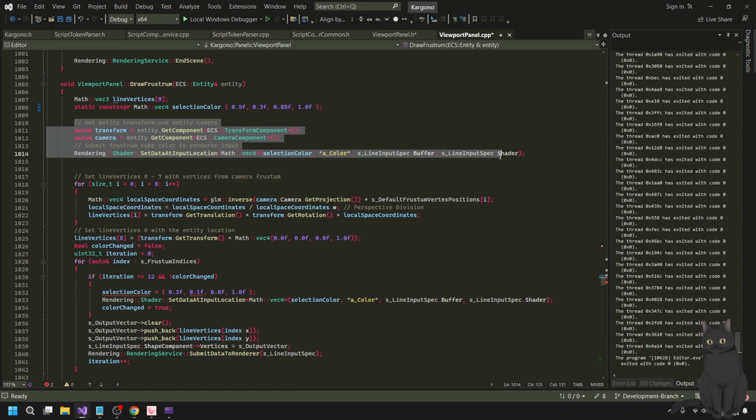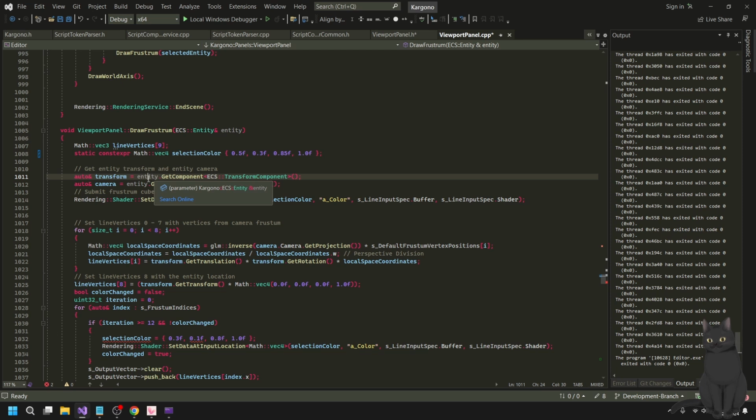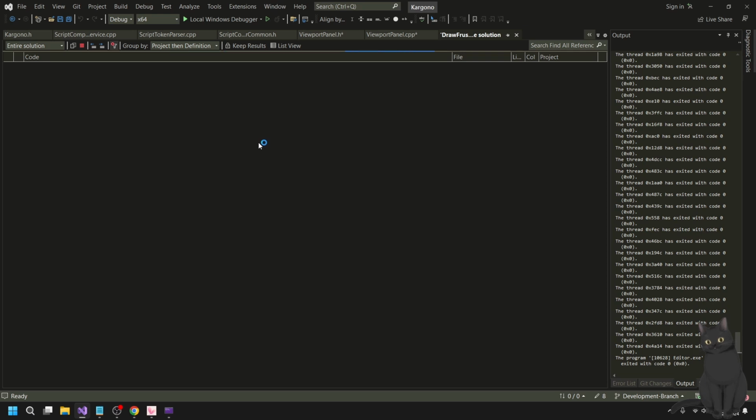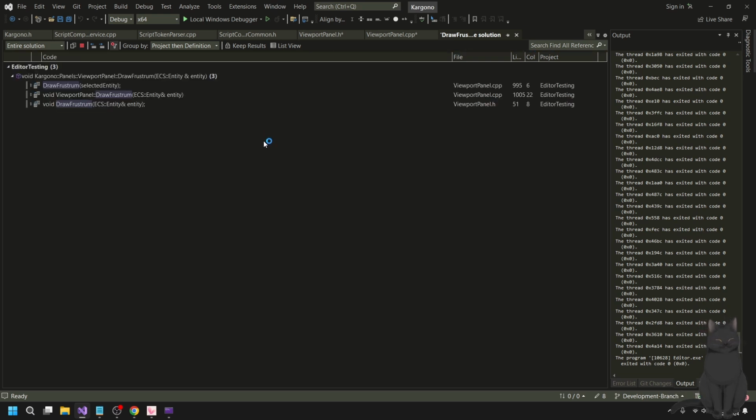Okay. Transform from what? What is the entity? Draw frustum. Okay, so I provide. So what do I call this actually? Let me see. I need a second.